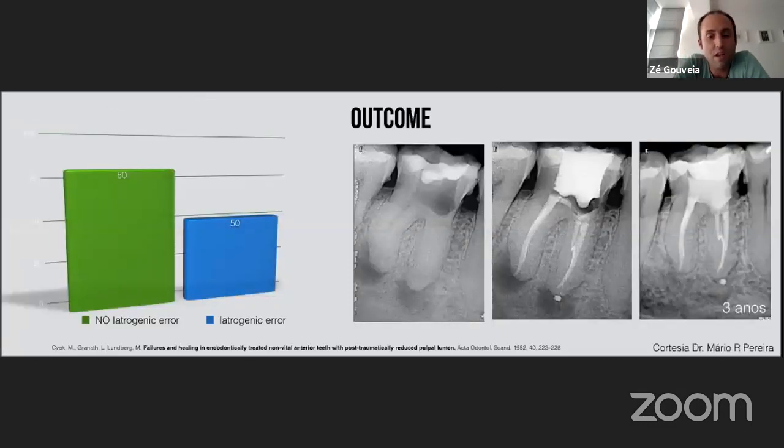Surprisingly, despite being an old topic, there's not much literature regarding outcomes on these particular calcified teeth. The few existing studies on the subject conclude that our success rate is highly dependent on the occurrence or not of iatrogenic errors and their resolution. Iatrogenic errors that you will see along this presentation might be a reality every time we approach a case